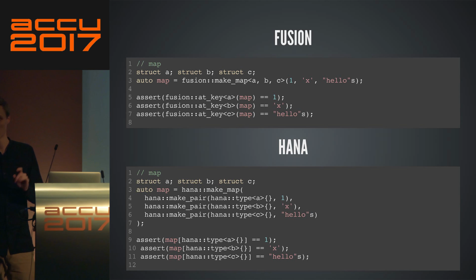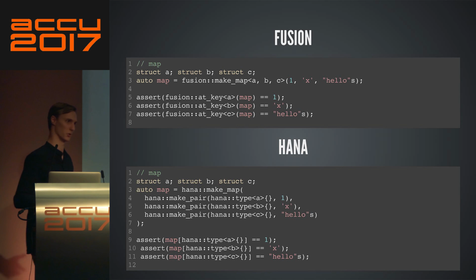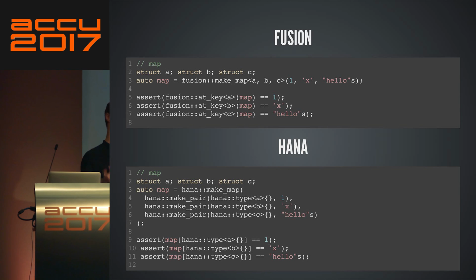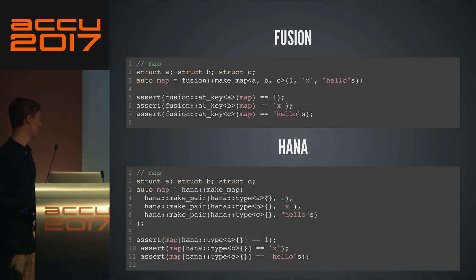And since we're working with objects now, we can have some goodies, like operator bracket for a map, for example. There's no reason why I couldn't overload the operator bracket for my map, so that when you index into it, you can just use that syntax, like for std map, for example. So that all works.